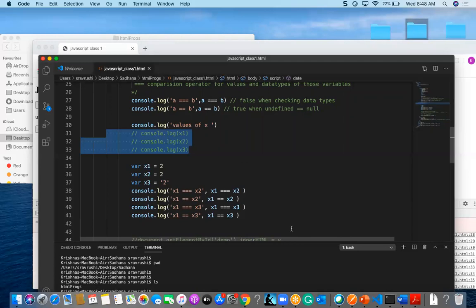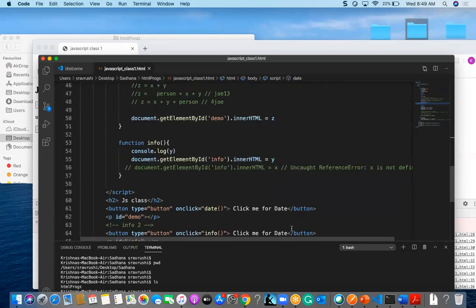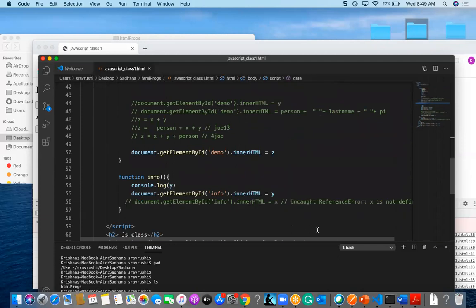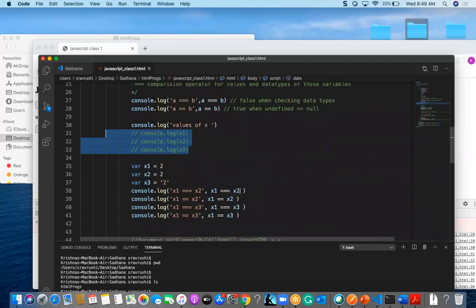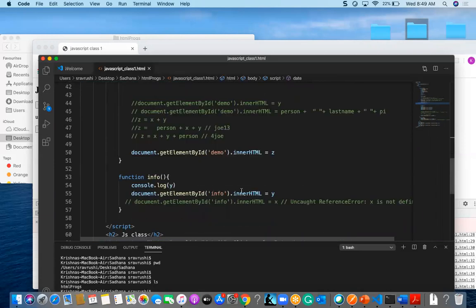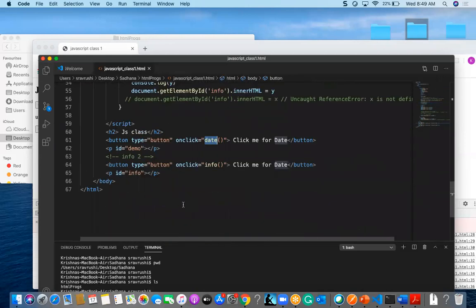If we are doing an arithmetic operation with a string, it will do concatenation only. Also, we can make a function and call the function parameter in the button, and that function parameter we can use, right?